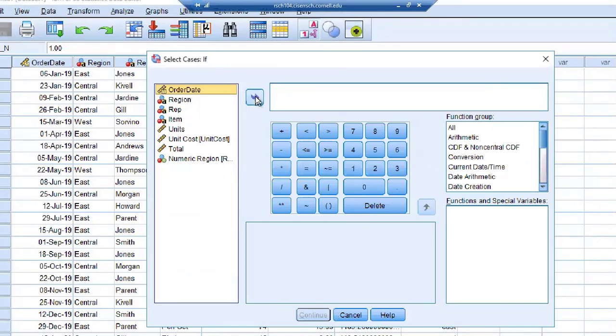Well, I know that the highest value is 275 from looking at the data set. And I want that value removed. Let's just say that any value above 230 I'll consider as an upper outlier, and I want it removed from my data set. I bring unit cost over and I say less than 230. I press continue,